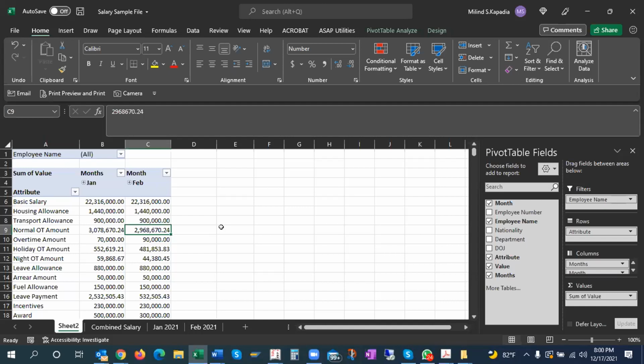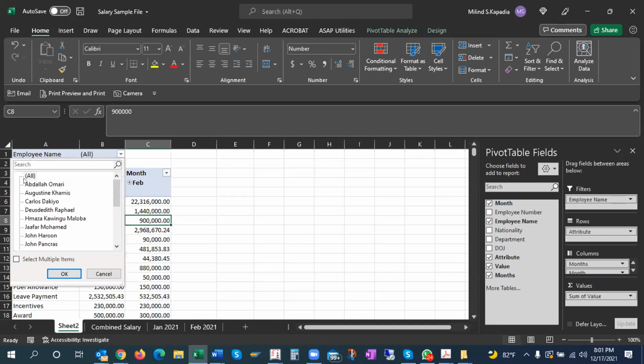The query is there are 2 sheets. There could be 12 sheets. So do we need to perform the first step, bringing the data in Power Query from Excel, sheet by sheet, or can we do all the 12 sheets simultaneously in one go? I'll come to that, sir. We can do it in one go, no issues.